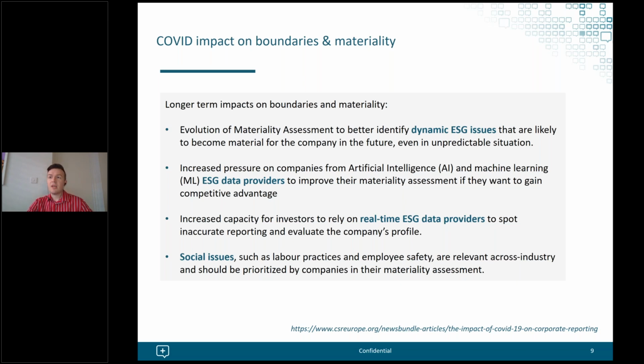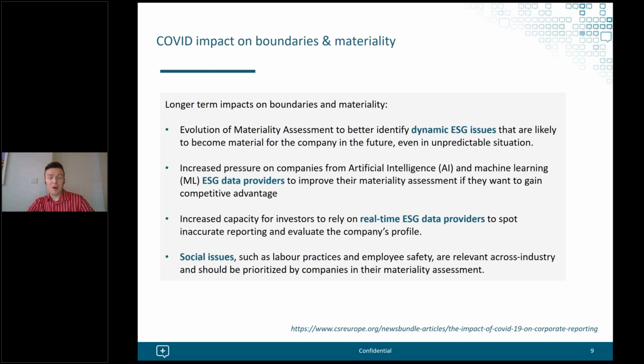The other aspect of materiality and boundaries is that, for many organizations, there might be a shift in how data is reported. Some of the content that you might be putting out in annual sustainability reports is fine to continue on an annual basis, but there may be particular stakeholder groups, such as investors, who would want or anticipate more frequent reporting on particular KPIs. And so separating that content delivery into different cycles is something that we would anticipate as well.